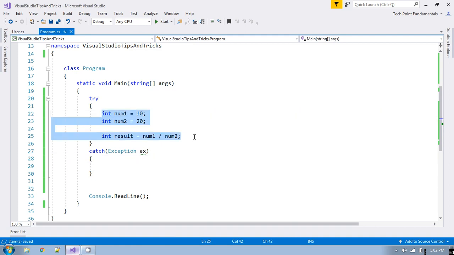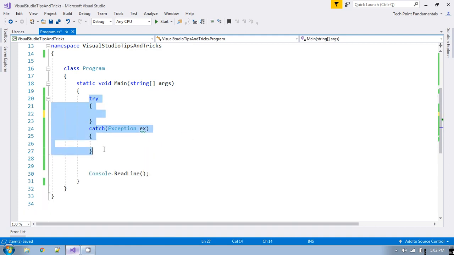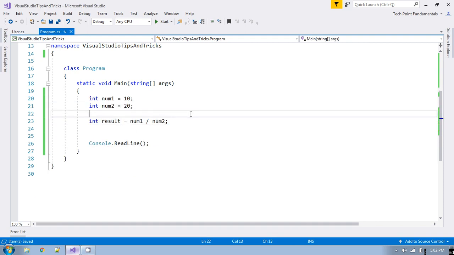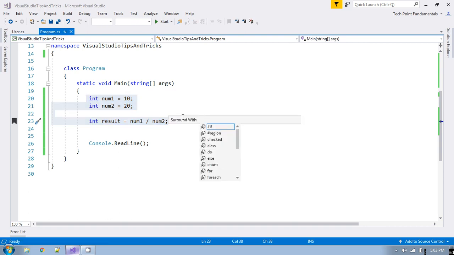But thank God to Visual Studio, there is an inbuilt thing. You have to press Control K S and you will get the things which you want.